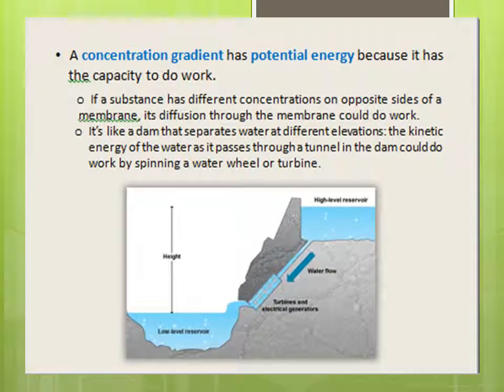A concentration gradient has potential energy because it has the capacity to do work. If a substance has different concentrations on opposite sides of a membrane, its diffusion through the membrane could do work. It's like a dam that separates water at different elevations. The kinetic energy of water as it passes through a tunnel in the dam could do work by spinning a water wheel or turbine,